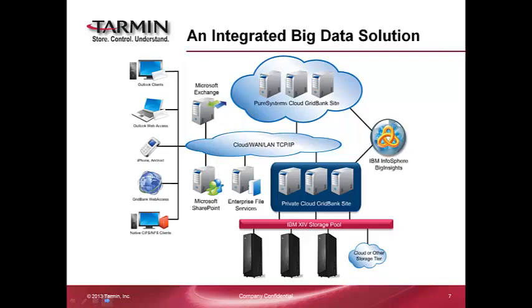Here's an example of what an actual integrated GridBank and XIV storage architecture would look like. All of the data currently residing on Microsoft Exchange, SharePoint, or file servers, including Windows, AIX, Linux, or any NFS server, can be automatically migrated, globally named, indexed, compressed, and encrypted by the Tarmin GridBank grid and efficiently stored on